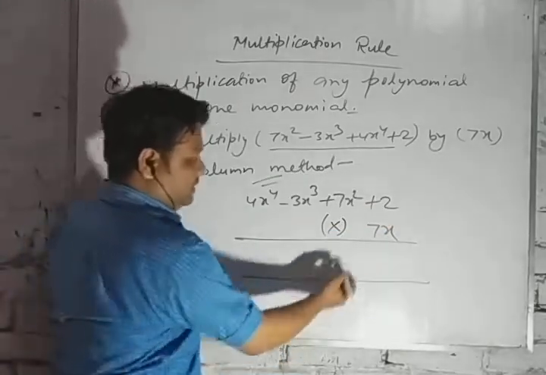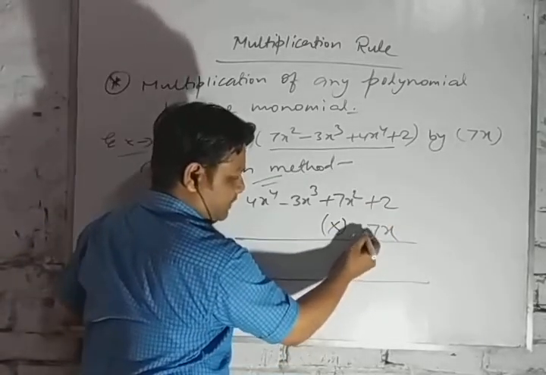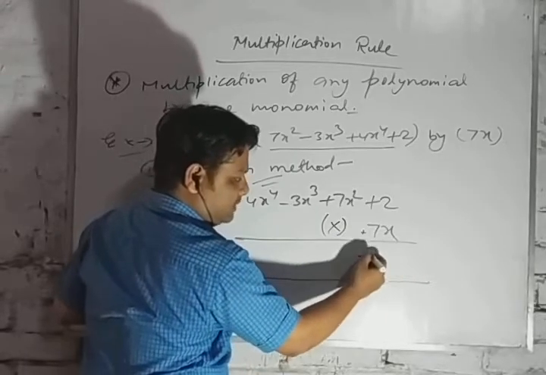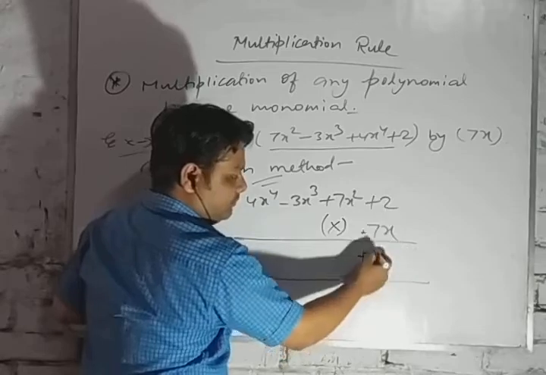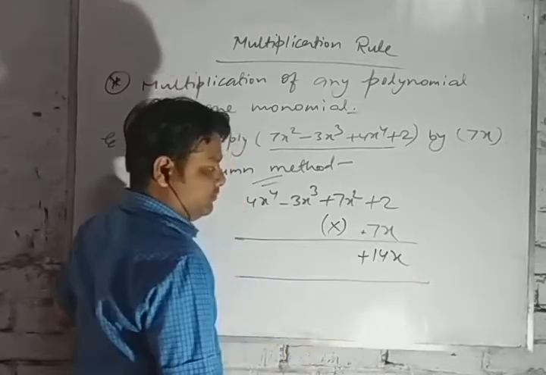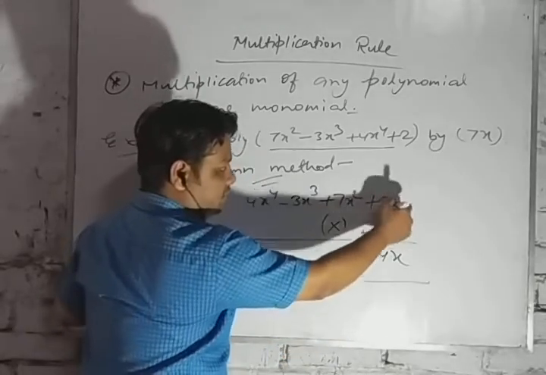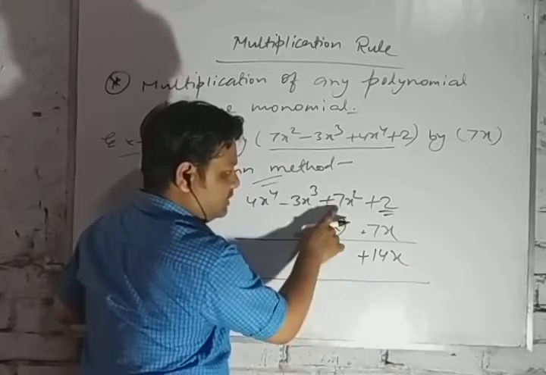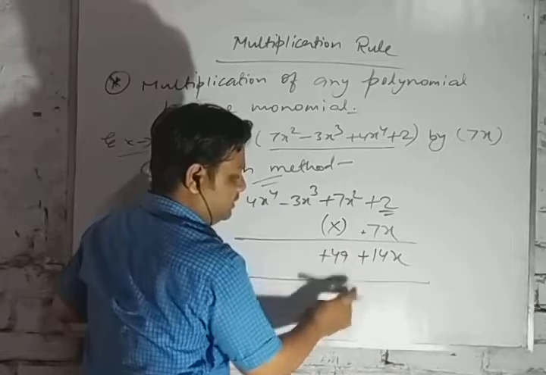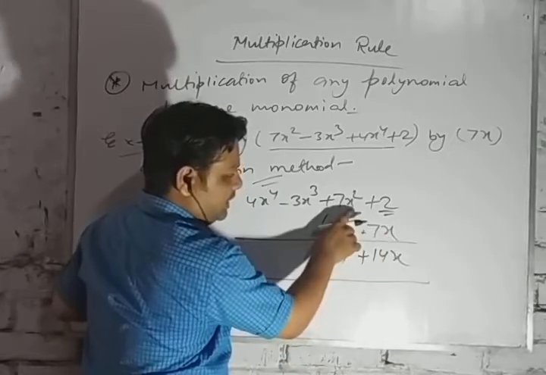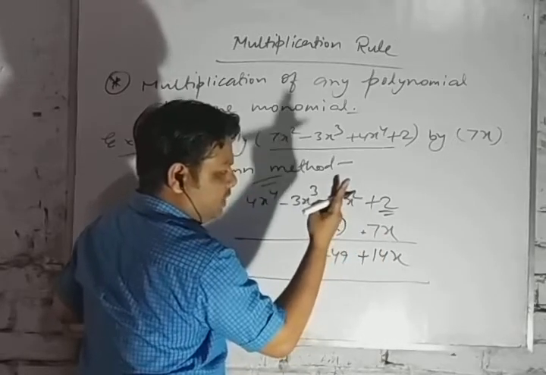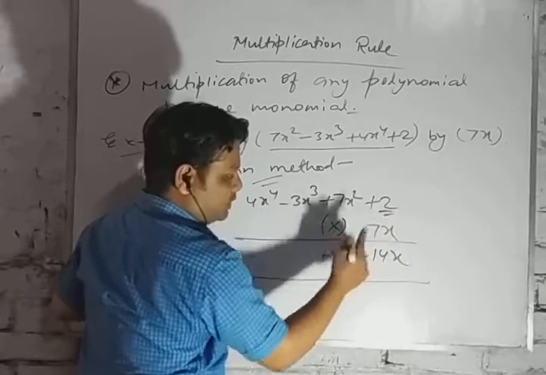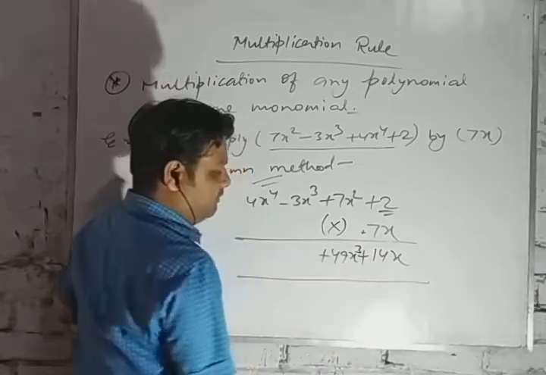Now like this. At first we start from the last term, plus 2. Then here you can see 7x, it means it has a plus sign. So plus plus, always plus. Now 7 2s are 14x. Okay, now it's done. Now here plus plus, again plus. 7 7s are 49, and x square and x. Here x to the power 2 and here 1, so 2 plus 1, 3. So x to the power 3 we will write.